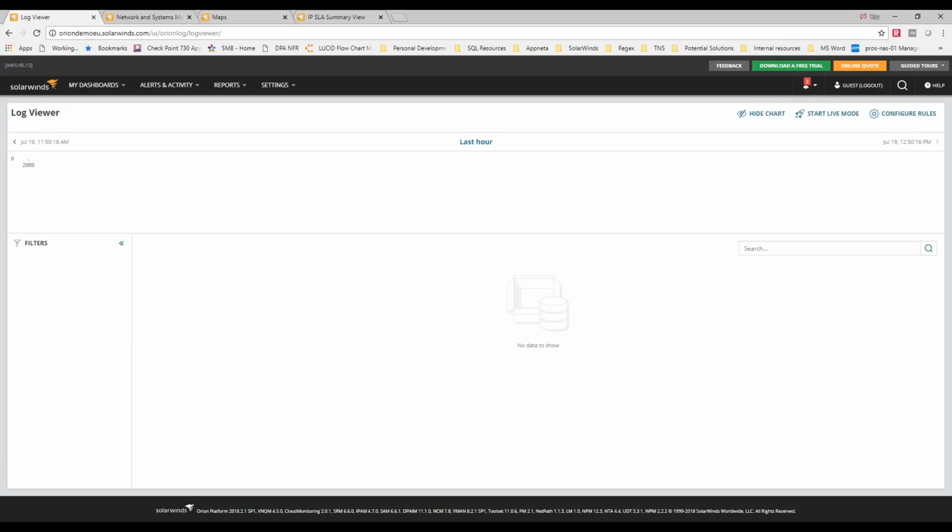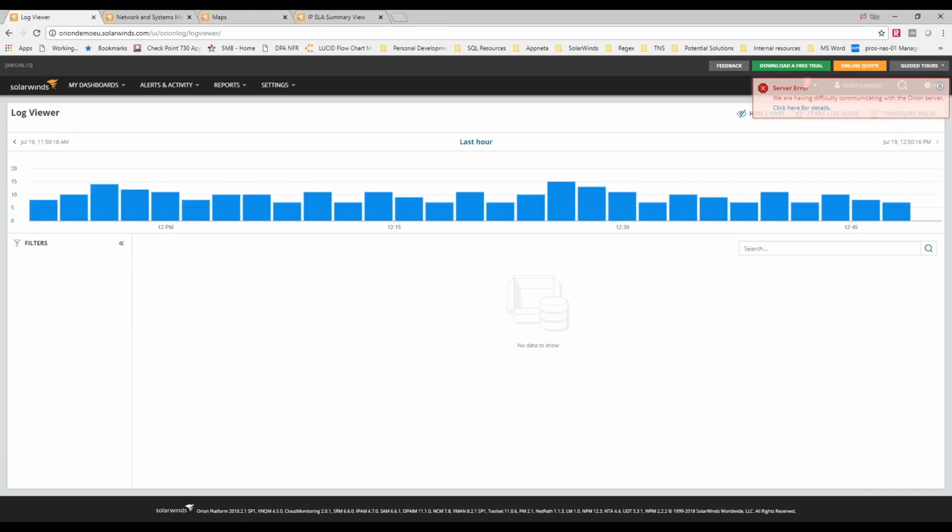So obviously this is a new features webinar. We've been showing new features that have come along in recent releases. So the Log Manager for Orion module, as I say, is a new licensed module for the platform, and that is going to,